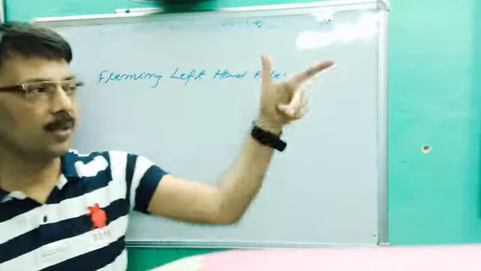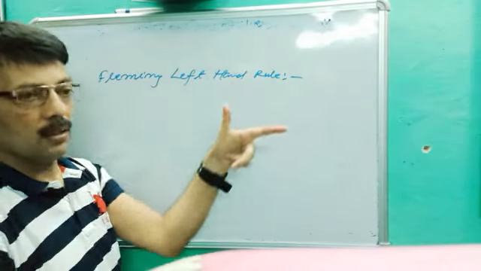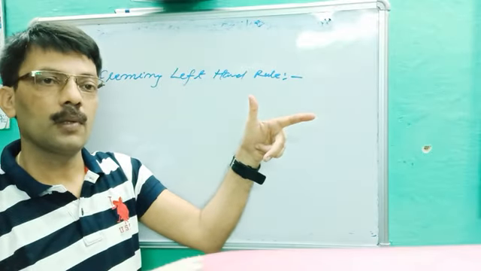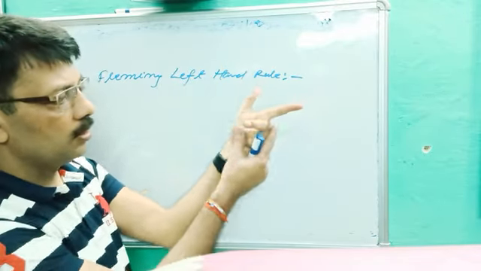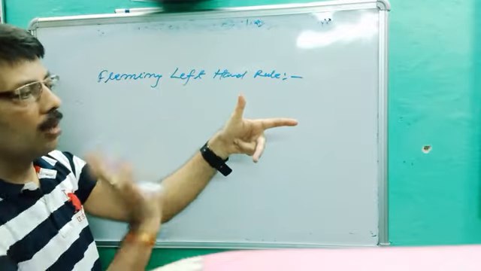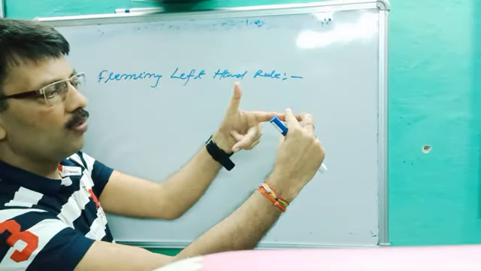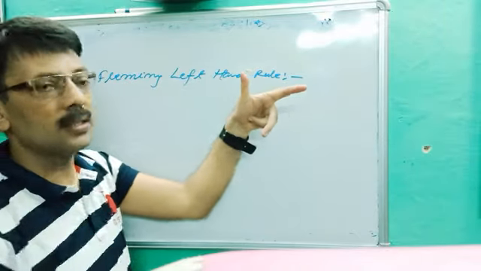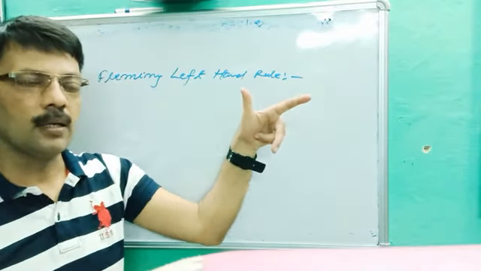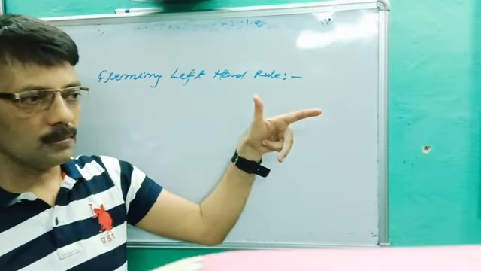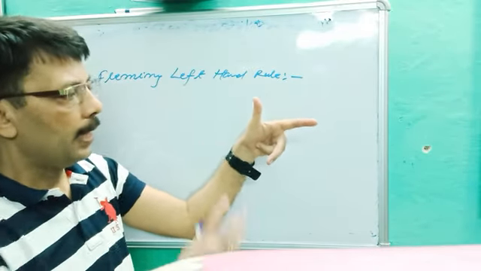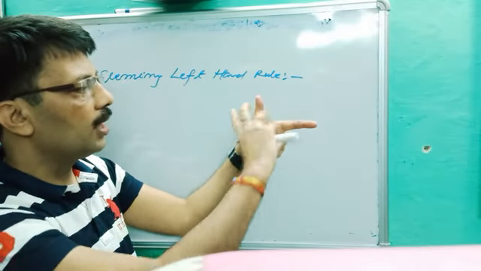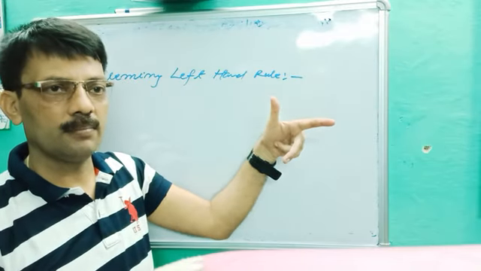So see there, this is Fleming left hand. See the statement: if we stretch our left hand, see how we are stretching our left hand, two fingers are folded here. If we stretch our left hand such that the thumb, the forefinger or first finger, and the middle finger are perpendicular to each other, this should be the condition. Once again, if we stretch our left hand such that thumb, forefinger and middle finger are perpendicular to each other, then